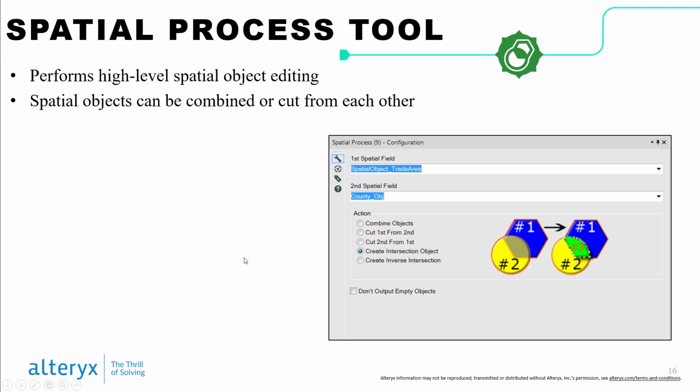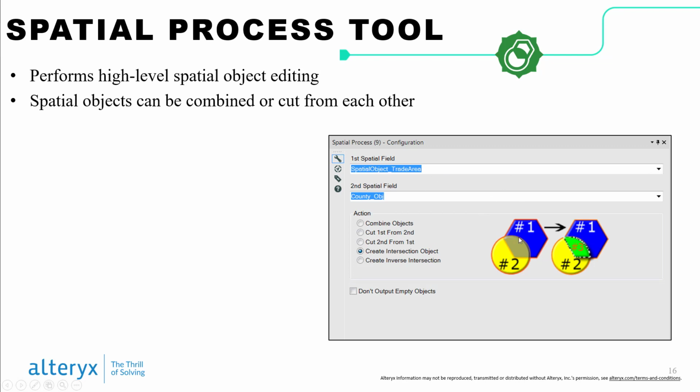Finally, the spatial process tool. So this is a way of just manipulating objects against each other, right? They could be points, lines, or shapes. Most typically, we see shapes interact with this spatial process tool. And I really like this tool because the icon is really indicative of what it's going to do at a bare minimum. So all this tool does is allows you to select 2 different spatial objects and somehow process them